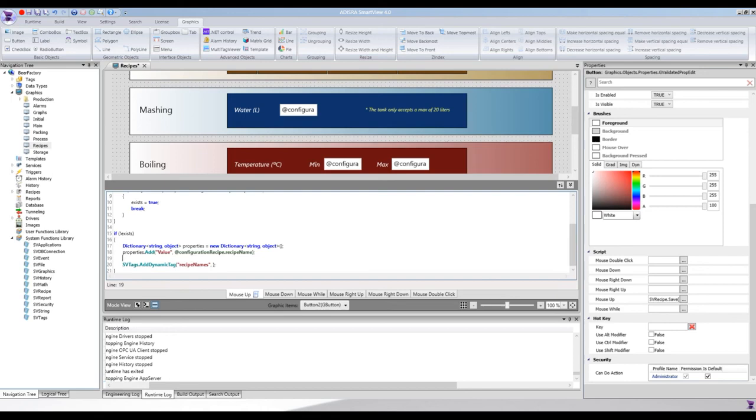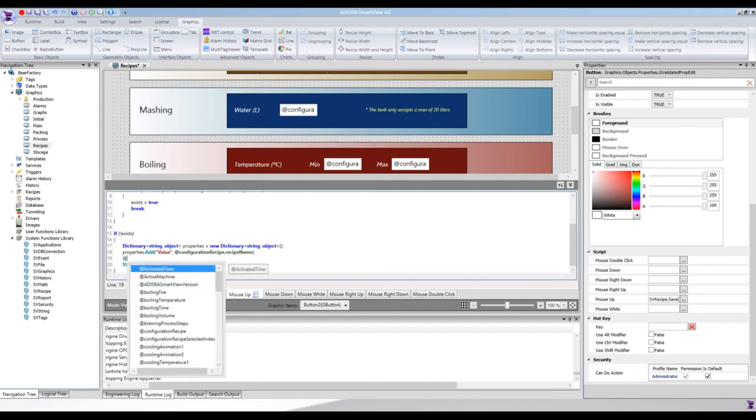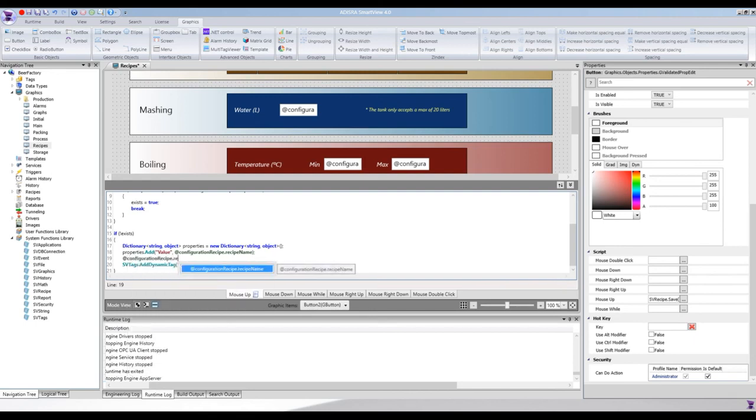If you're not sure about what properties are available, you can always put any tag here, probably the same type as we're using. So I'm gonna put, let's put configuration recipe dot recipe name, and if you put a dot here, we're gonna see the available properties we can use and the exact name. So this one that is interesting, the retentive value, so I'm gonna copy from here. I can delete this row now,